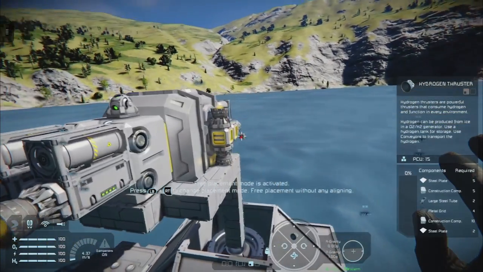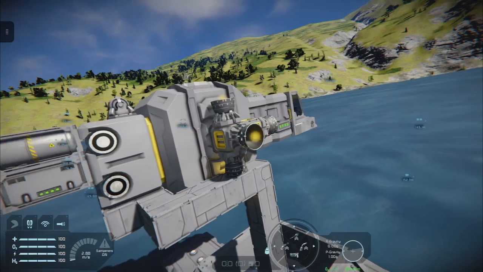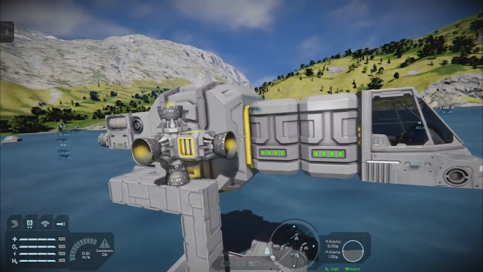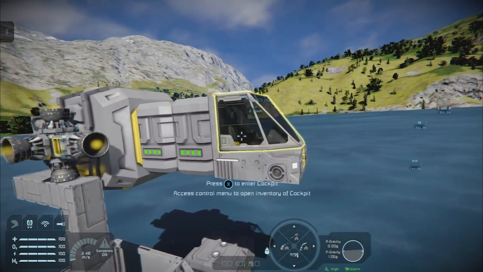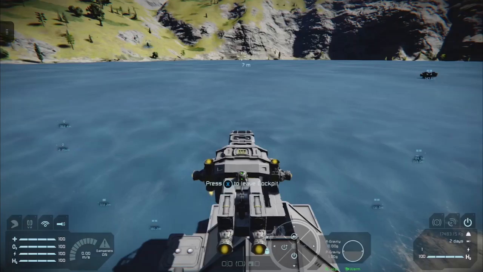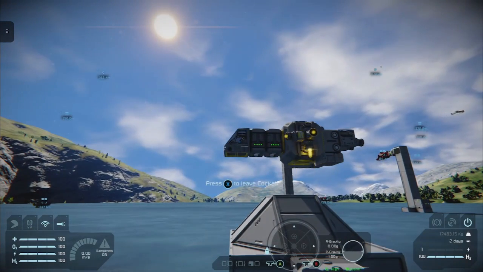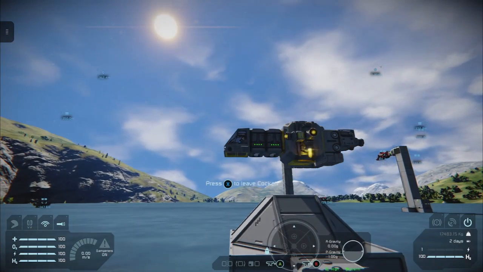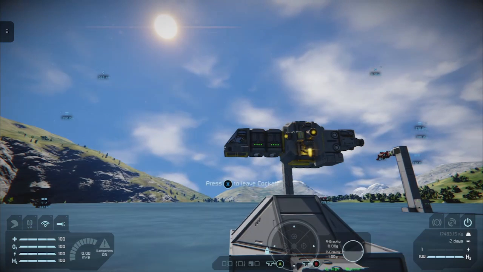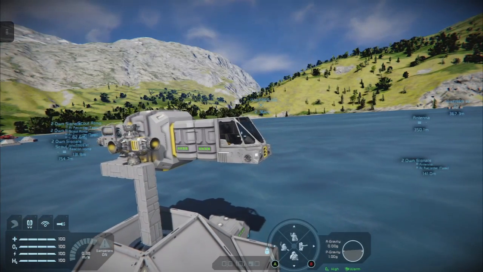So just pop hydrogen thruster here and here, like so, and you'll see that we've got all the directions covered on this. So we're looking fairly good.